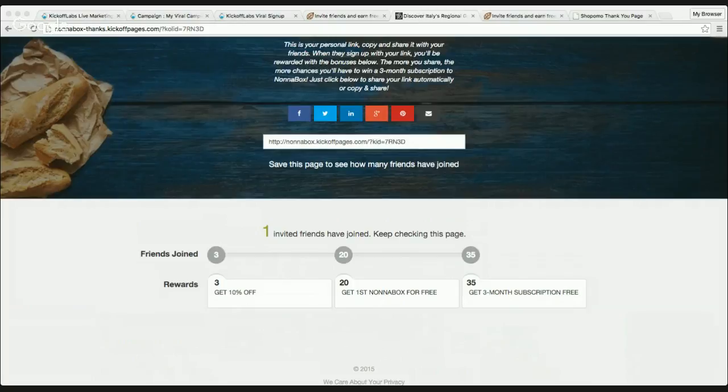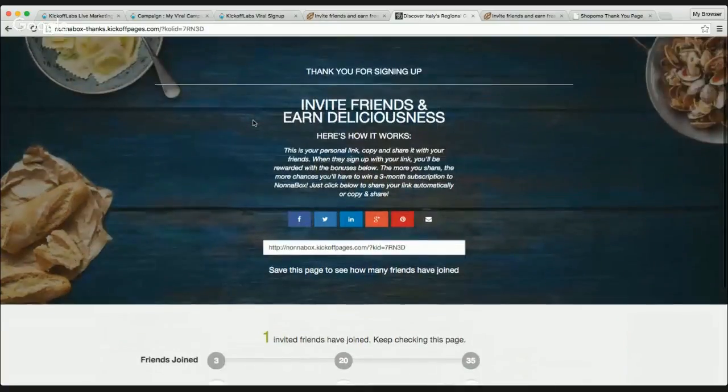Now, these come included on all landing pages, so there's nothing that you need to set up. Social referral tracking and all that good stuff comes included automatically on all our landing pages, opt-in forms, and thank you pages. So with Kickoff Labs, you're not going to need to duct tape together all kinds of platforms just to get this kind of virality. It's quick and easy with our platform. And in this video, I'm going to show you exactly how quick and easy it is.